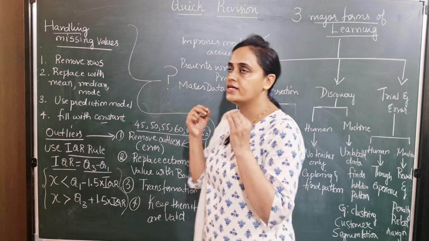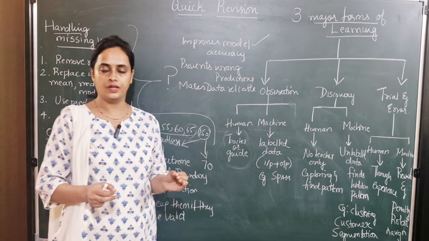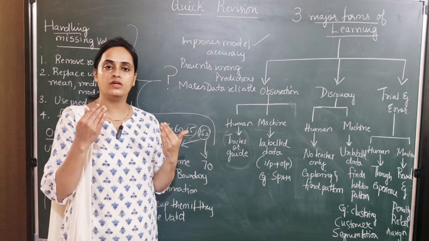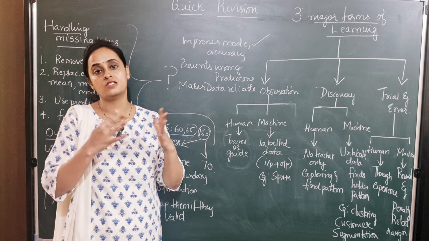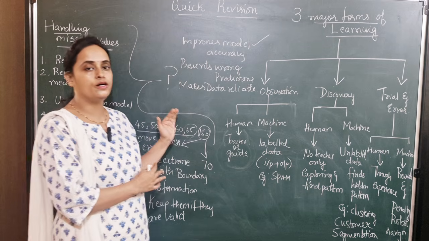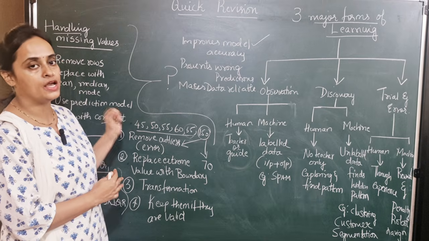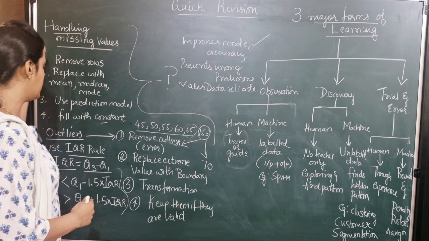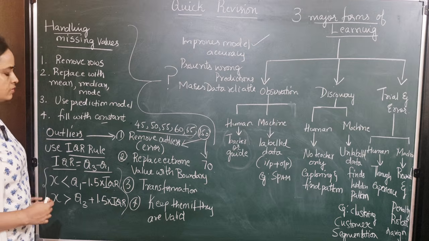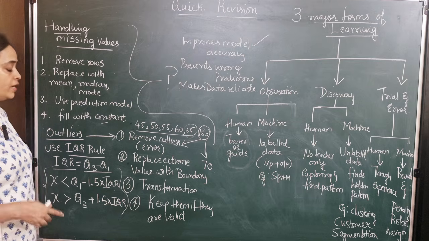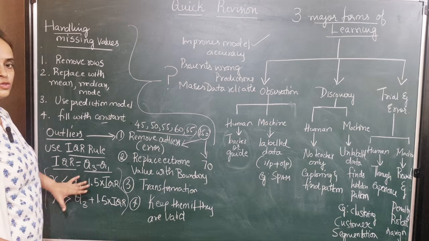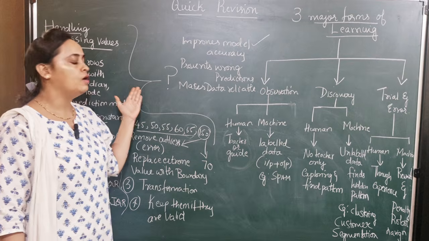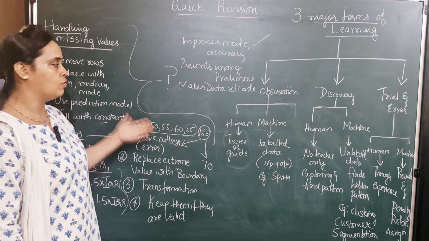See, machine learning is very much related to data. If you understand the data, how to represent the data, how the data variability is represented, how the data spread is happening, then only a clear vision with respect to machine learning can be achieved. That is why before we do problems on a basic data set, we need to understand this data, and the more practical approach I will teach you when I take up the problems. This is just to have a theoretical bird's-eye view. So these are the three benefits of handling the missing values and outliers.